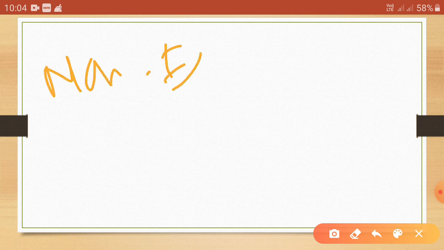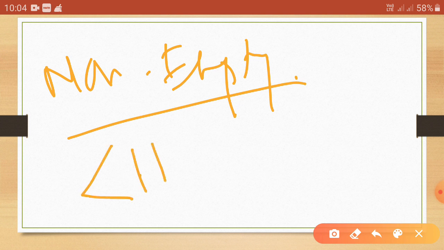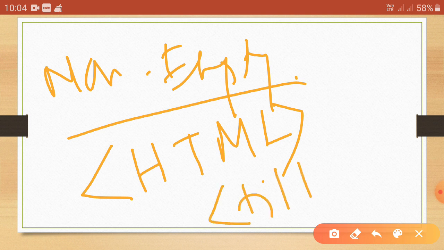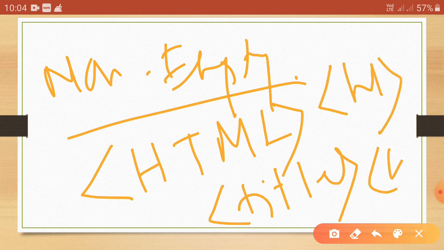Now if I look for the non-empty tag, examples are like html, title, h1, then b for bold the text.